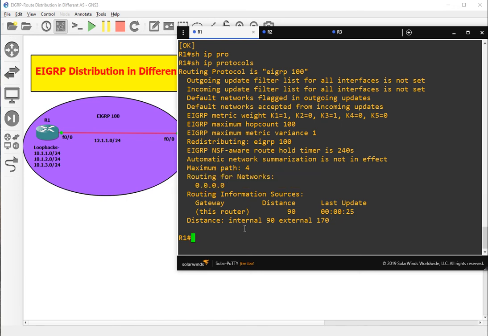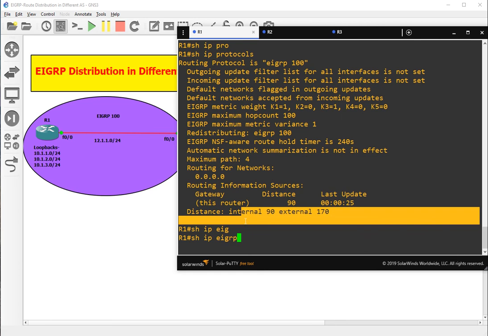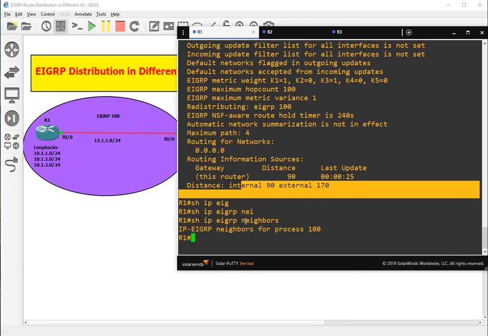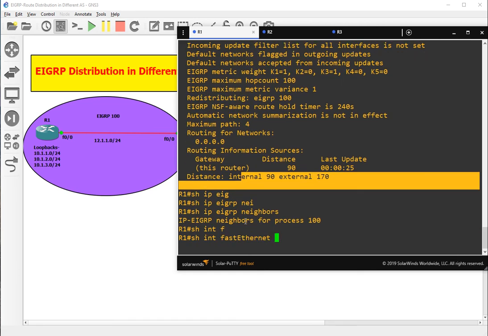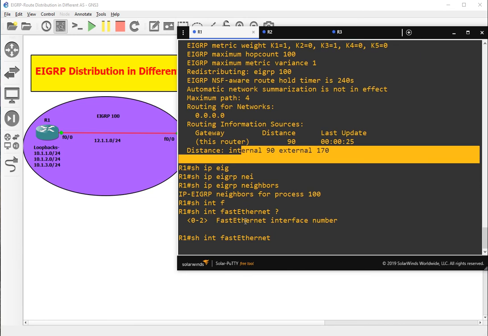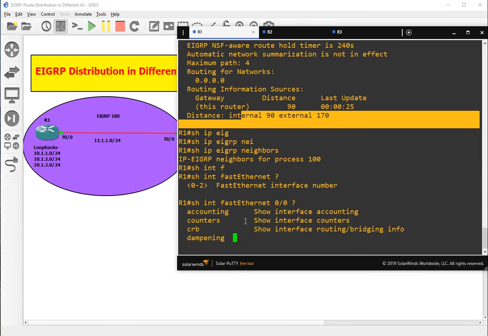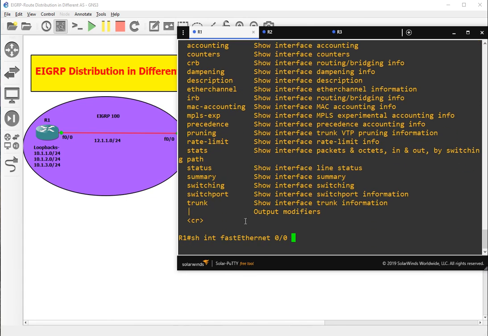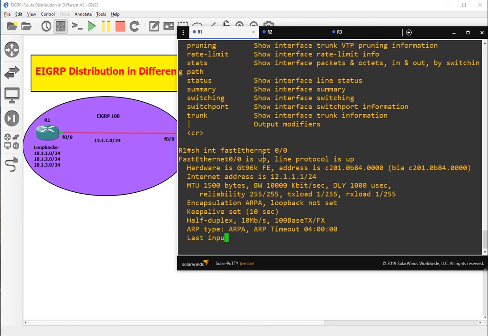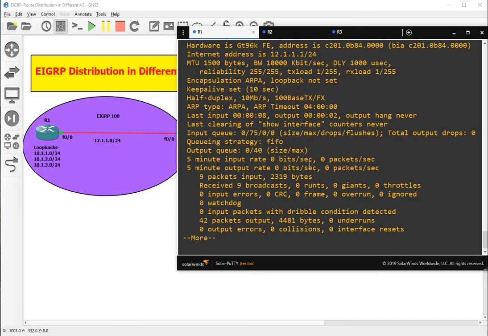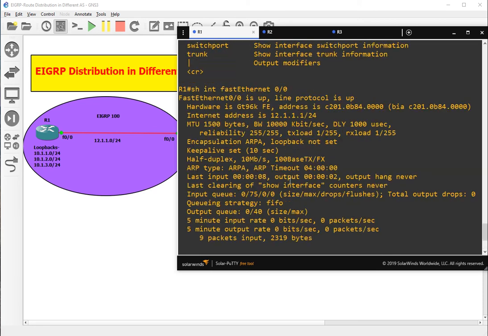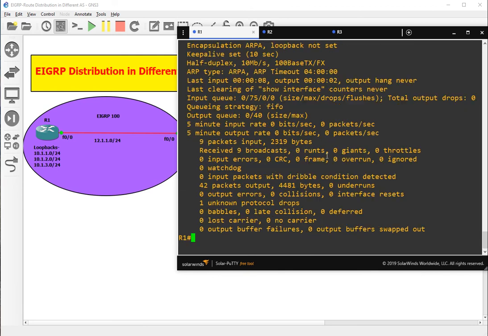Okay, let's see. There are no neighbors. Show interface F0/0. Okay, so this is how we can check the interface.